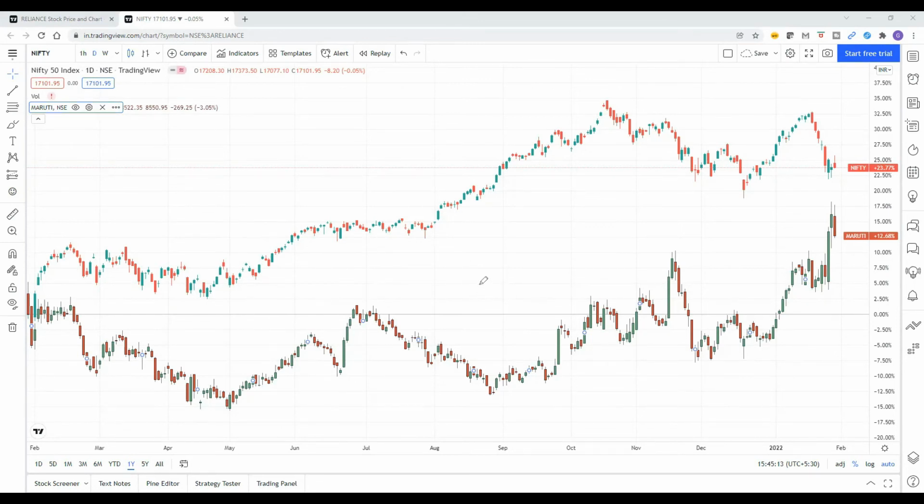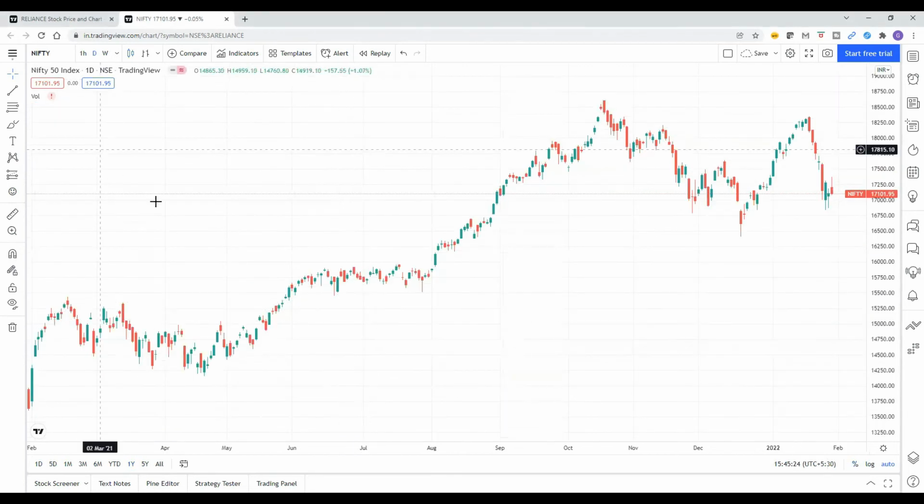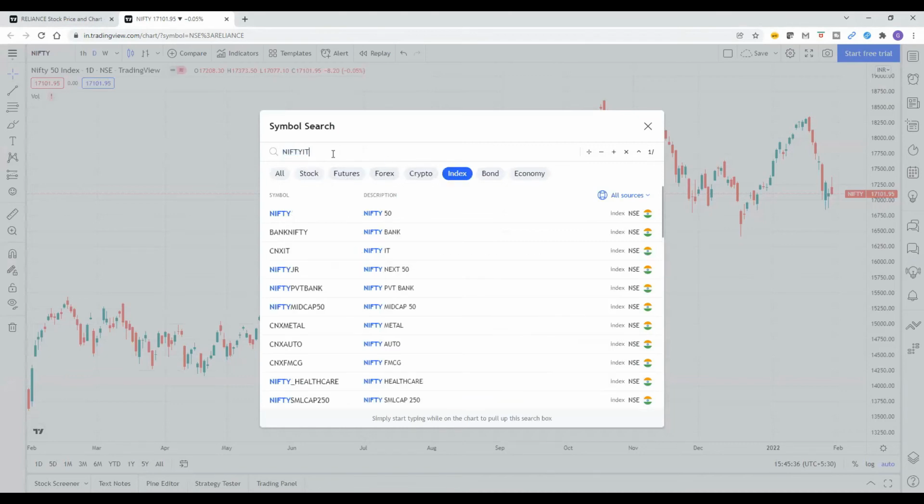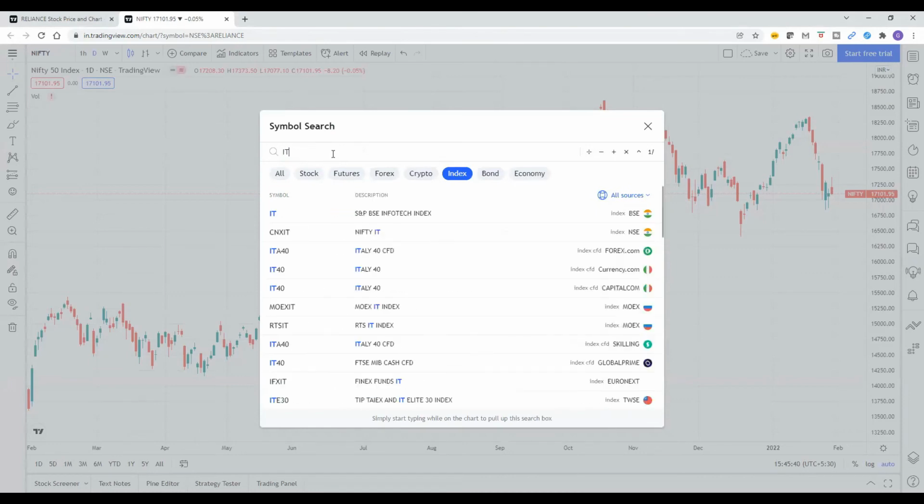Now, if we want to compare with some other thing, let's take out Maruti. Let's remove Maruti. And we want to compare just, let me go to Nifty IT. I go to just the IT index, CNX IT.